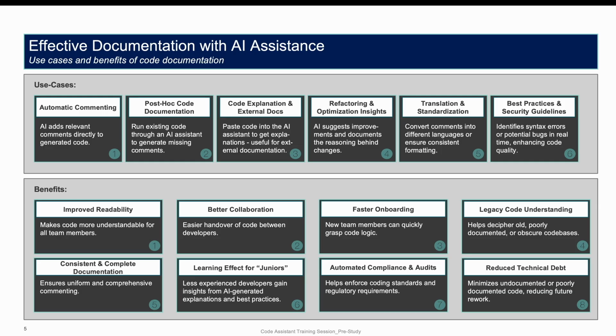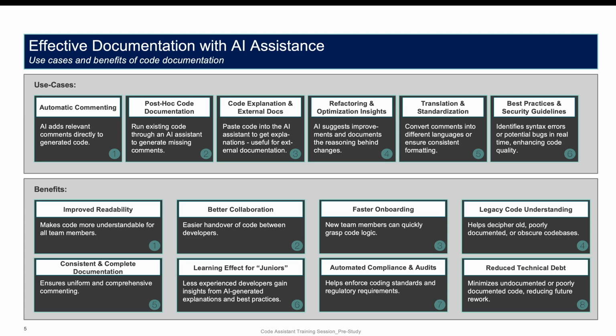I think that's clear. But first, it can lead really to improved readability, making code more understandable for all team members. This in turn also fosters better collaboration and faster onboarding for new team members who can quickly grasp code logic. It also aids in legacy code understanding, so it helps decipher old, poorly documented, obscure code bases. You can also gain consistent and complete documentation, which ensures uniform and comprehensive commenting. Then there's, last but not least, the significant learning effect for juniors,